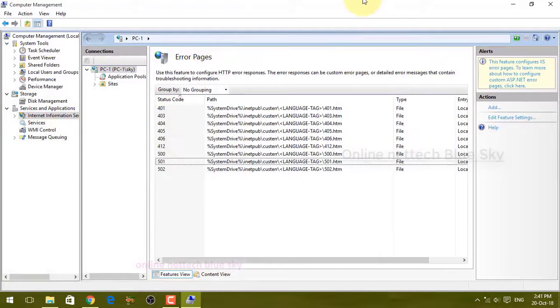This is a server operating system. If you have created a website, you first need your server. Without a server your data is useless.